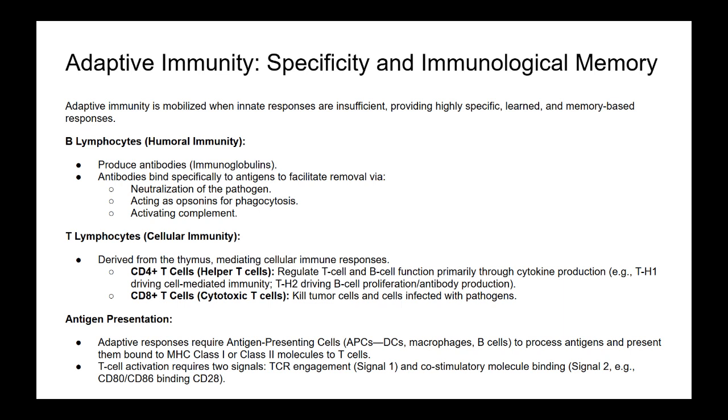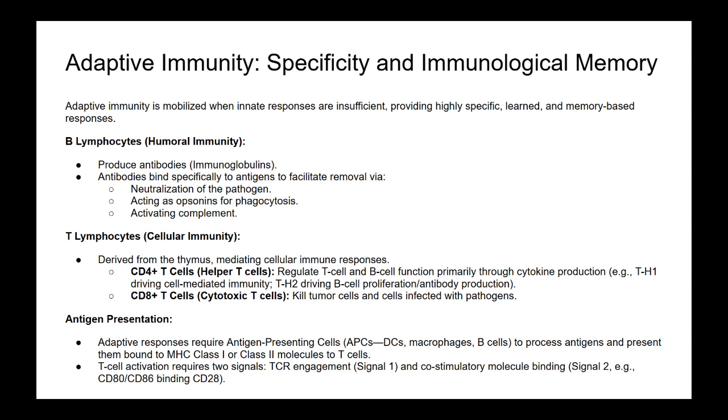Correct. First, there's humoral immunity. This is primarily driven by B lymphocytes, or B cells. When activated, B cells mature into plasma cells that produce antibodies, also known as immunoglobulins. And what do these antibodies do? They have several jobs. They can neutralize a pathogen directly just by binding to it. They can act as opsonins. Opsonins? Yeah, think of them as molecular flags. They coat a target, marking it for destruction by other immune cells like macrophages. Or antibodies can activate the complement cascade, another defense system in the blood.